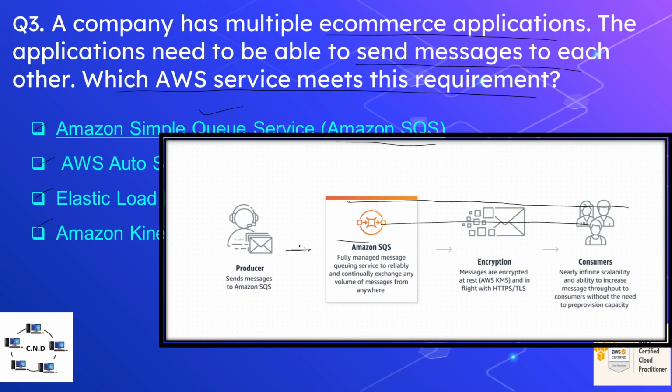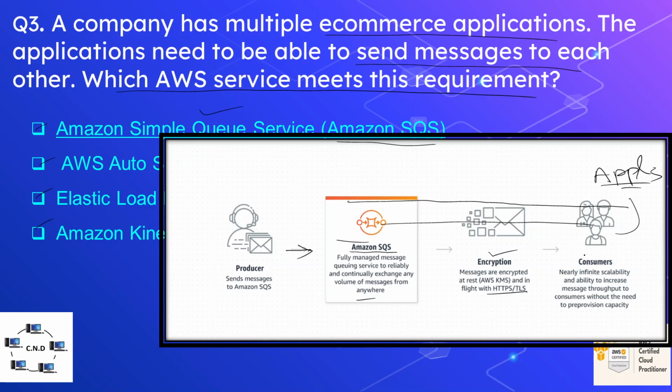So this is the message producer or the message sender. And here we have the Amazon SQS service, which is a fully managed message queuing service to reliably and continually exchange any volume of messages from anywhere. These messages are, of course, encrypted when they are on the network through HTTPS and TLS. And these are the consumers, in this case, let's suppose an application